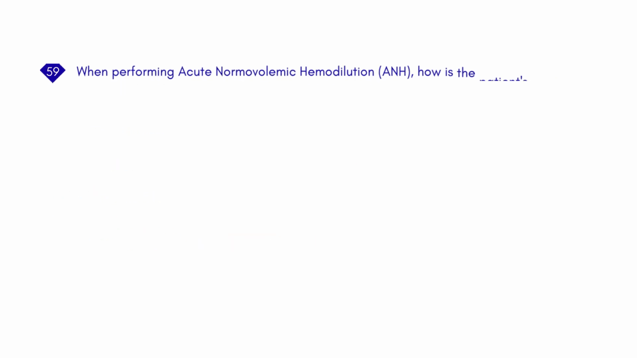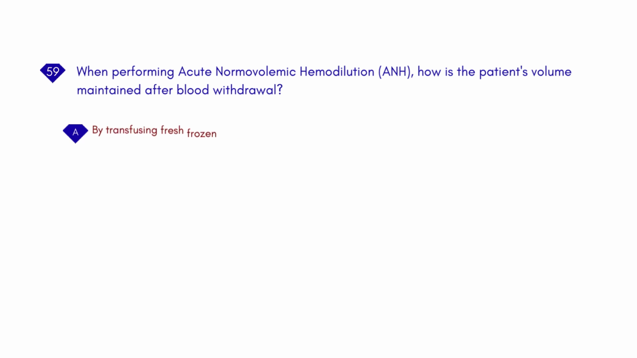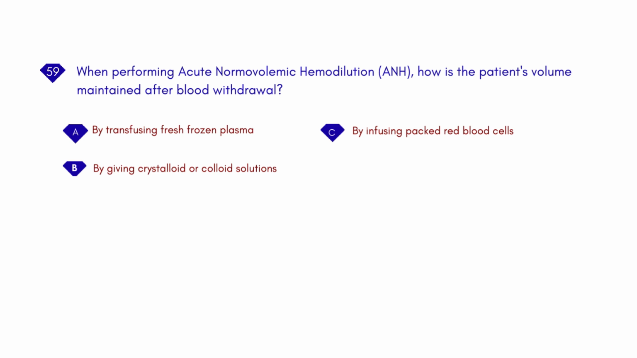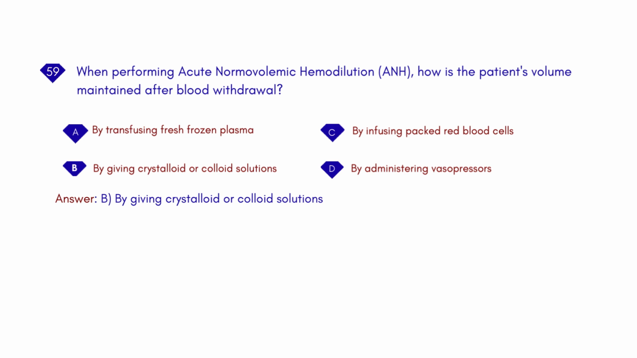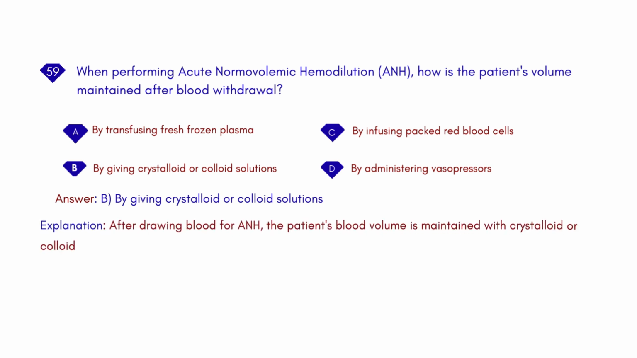When performing acute normovolemic hemodilution, ANH, how is the patient's volume maintained after blood withdrawal? A. By transfusing fresh frozen plasma. B. By giving crystalloid or colloid solutions. C. By infusing packed red blood cells. D. By administering vasopressors. Answer: By giving crystalloid or colloid solutions. Explanation: After drawing blood for ANH, the patient's blood volume is maintained with crystalloid or colloid infusions to preserve cardiac